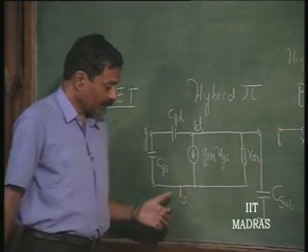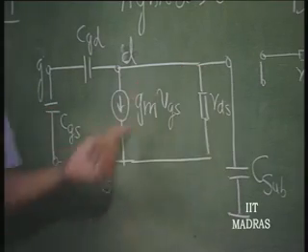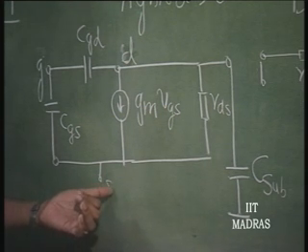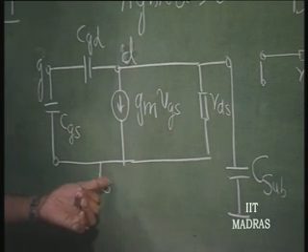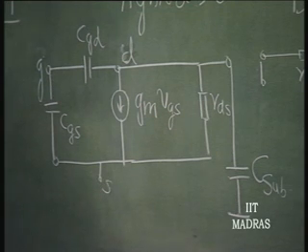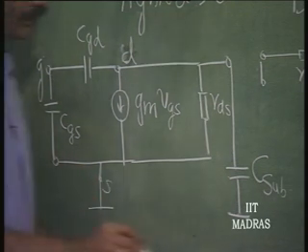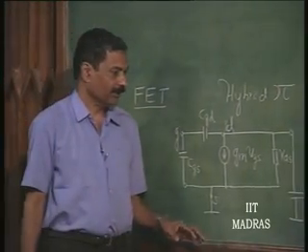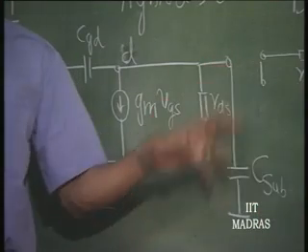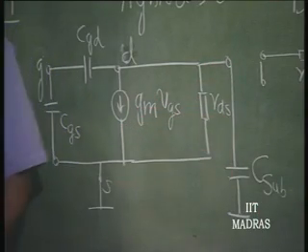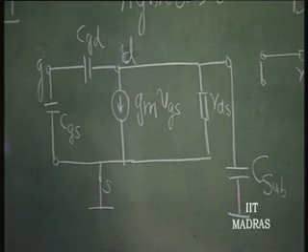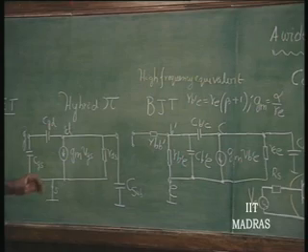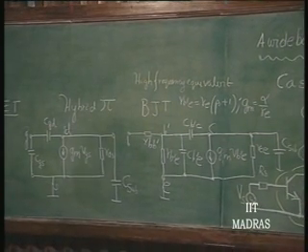Normally this capacitance is there both from the drain as well as the source here, but fortunately source is connected to substrate in most of the cases. So, this capacitance is not going to be of consequence. So, in the case of common source and common emitter amplifiers, this is going to be the equivalent circuit. That means, this capacitance is going to be part of the output capacitance. So, we should have a complete picture of the equivalent circuit of the active device in order to understand and appreciate the limitations in bandwidth.